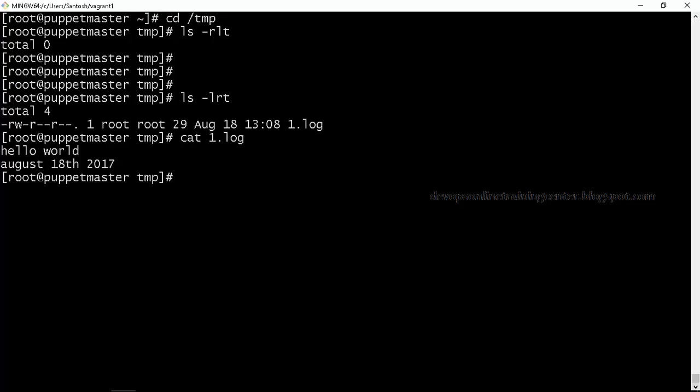So what is the time it is copied? You can just compare using date. So 13/8 and 13/8. So a few seconds back, this file is copied from server 2 to server 1, right? Is this clear?